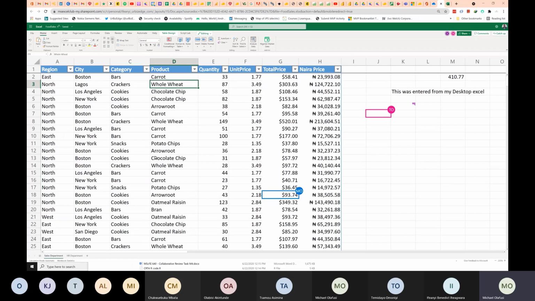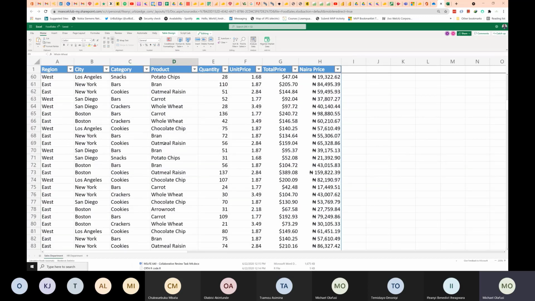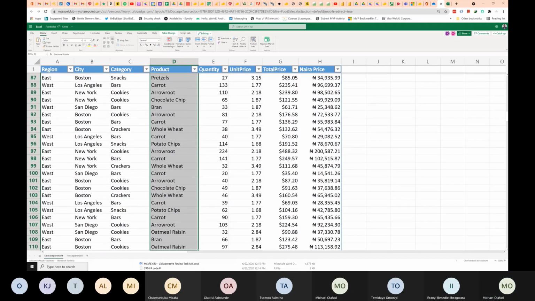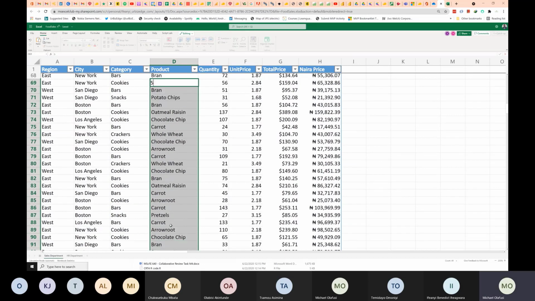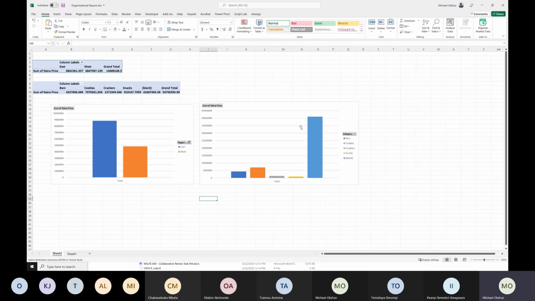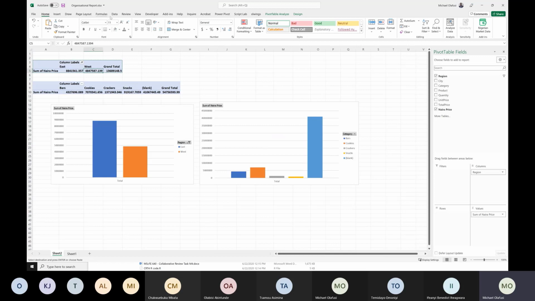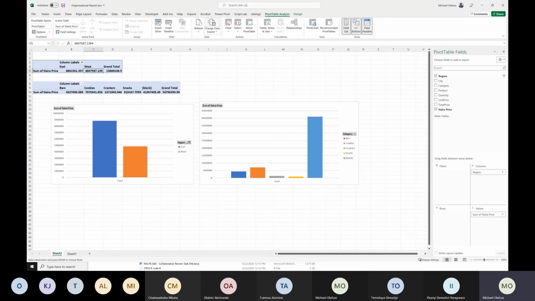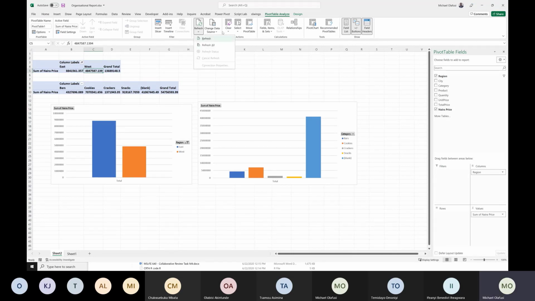Let's change some of these products to Fiverr Life. So as new information or modifications are happening, it should also be happening to my data. It should also be happening to go in here, refresh. I might need to refresh the entire data source itself.